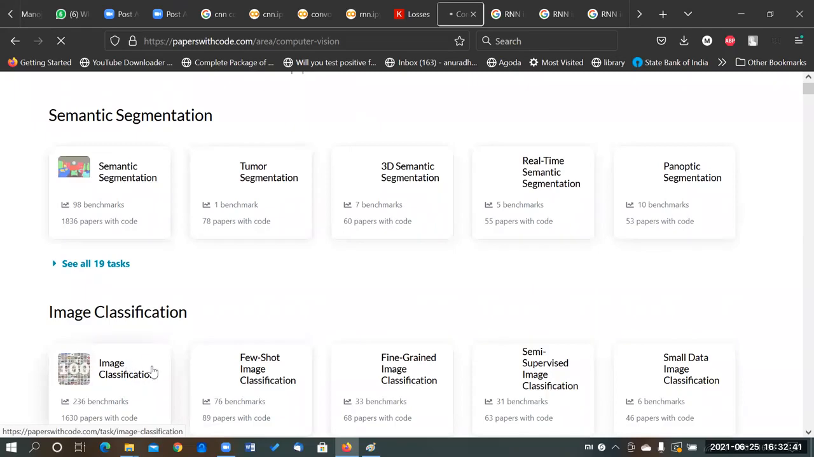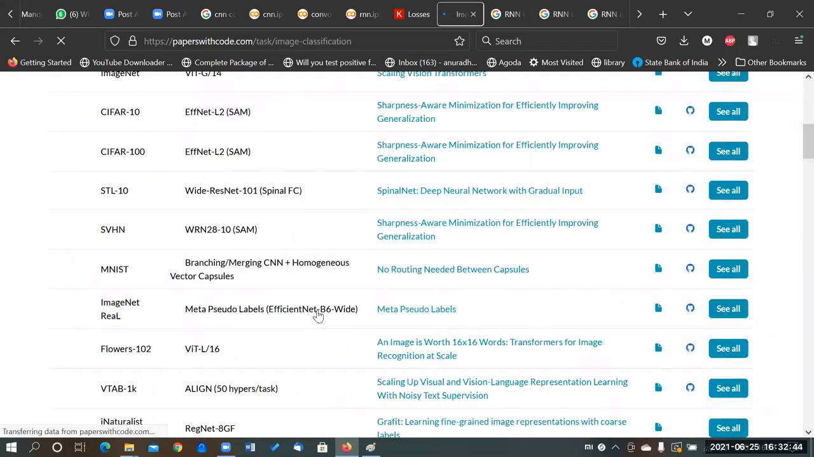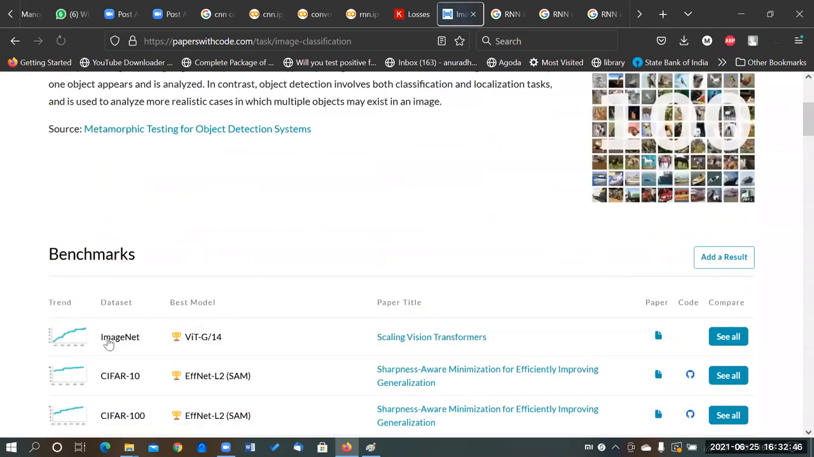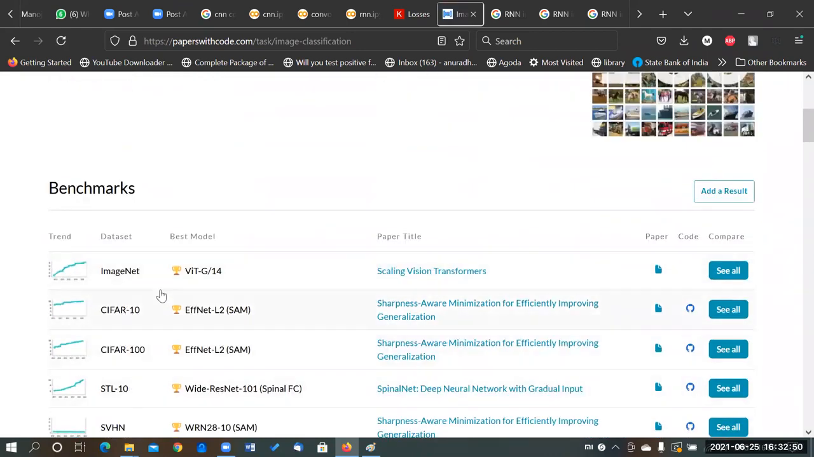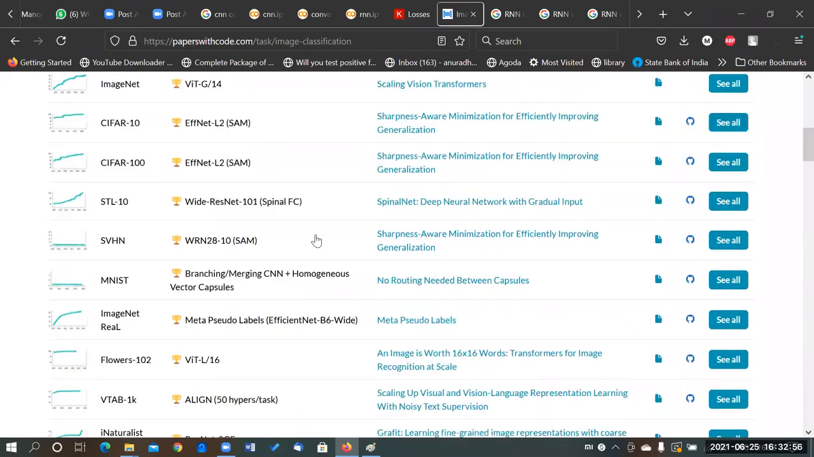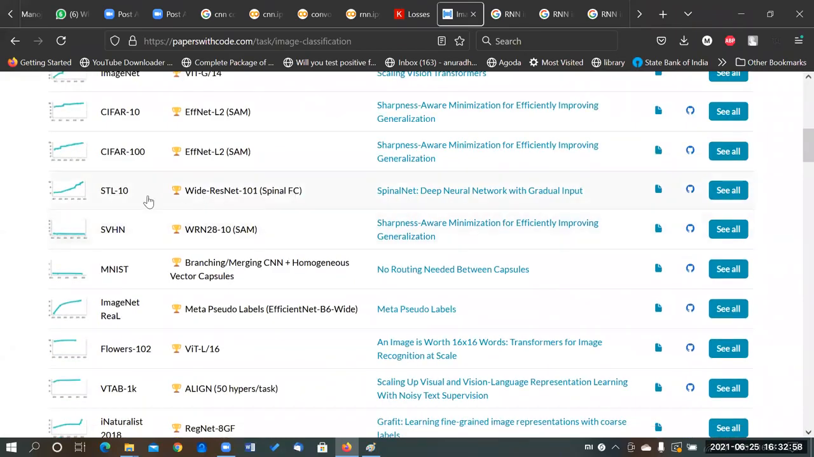Suppose we saw that image classification is here. Different benchmarks are available here. You can download these data sets and do experiments on your own. Some data sets will be very large, and some data sets will be small. So I would suggest you